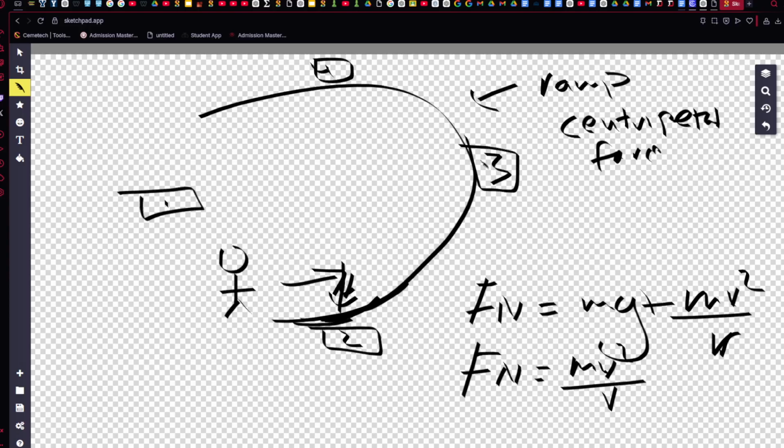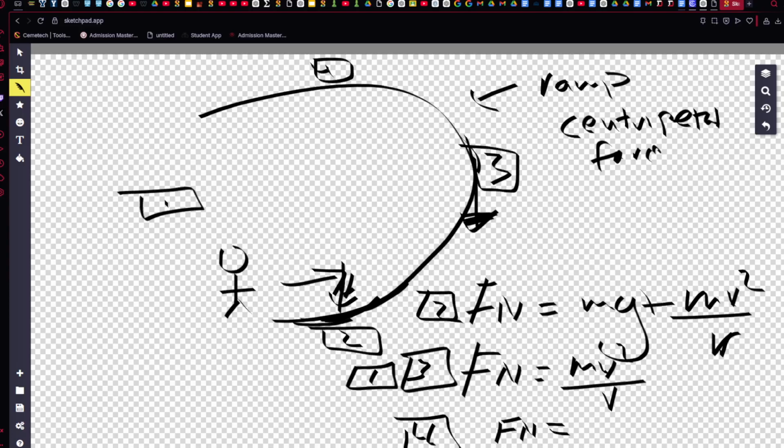There's no gravity because gravity only acts downwards. So the only thing needed is the force needed to keep this in a circular motion, which is mv squared over r. This also applies for 3 and 1. For 2, it's this, and for 4, it's going to be Fn equals